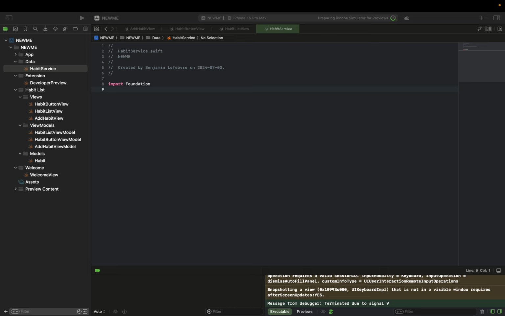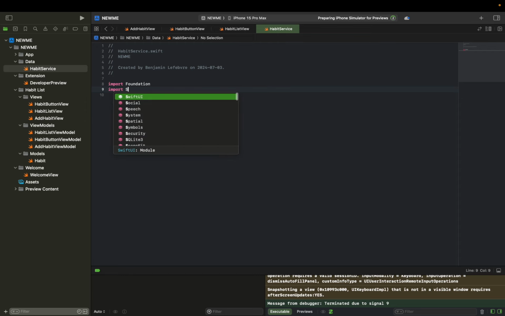So for the habit service, first, I will want to import SwiftUI. The reason to import SwiftUI is because you won't have access to the AppStorage property wrapper without using the SwiftUI library. And we'll create a class